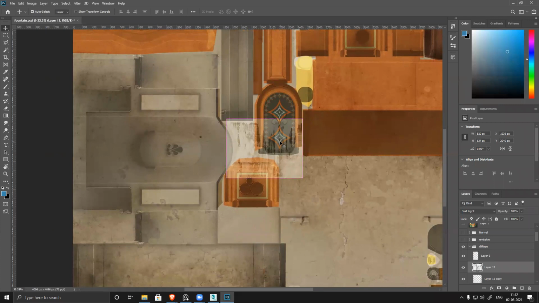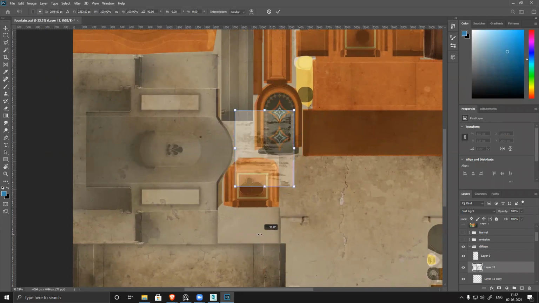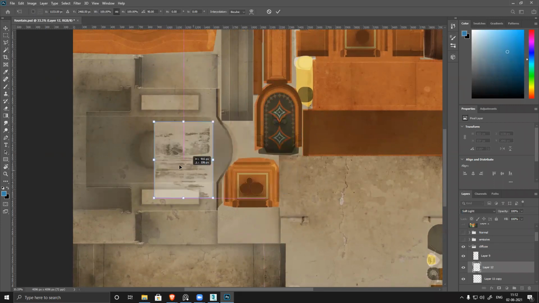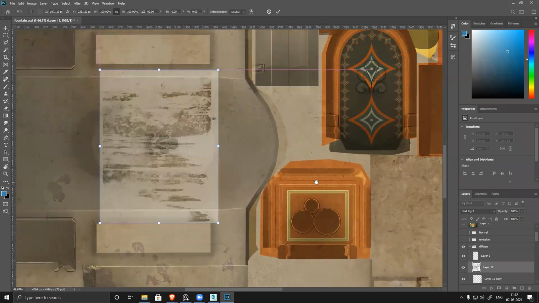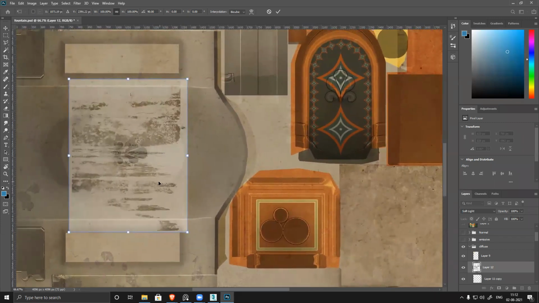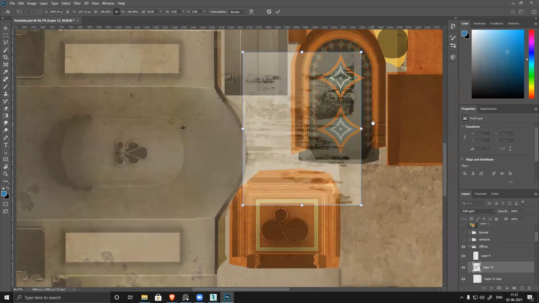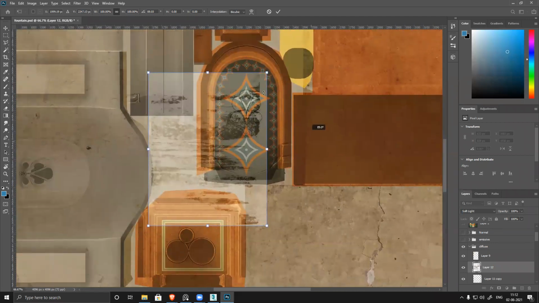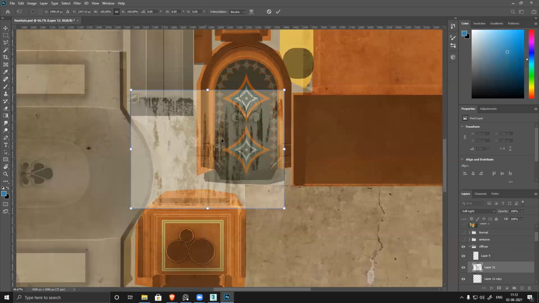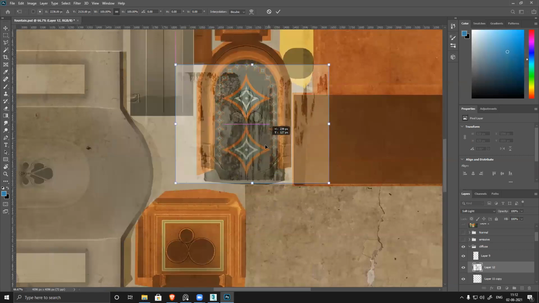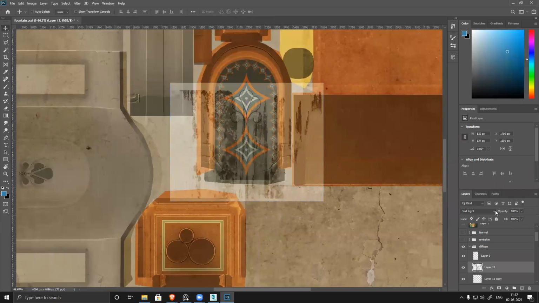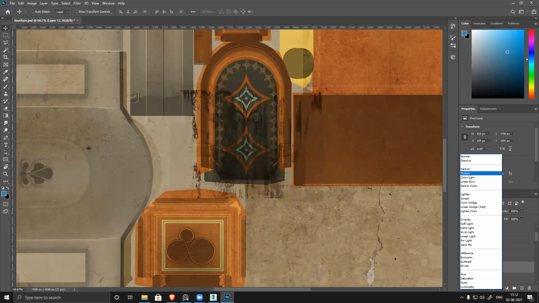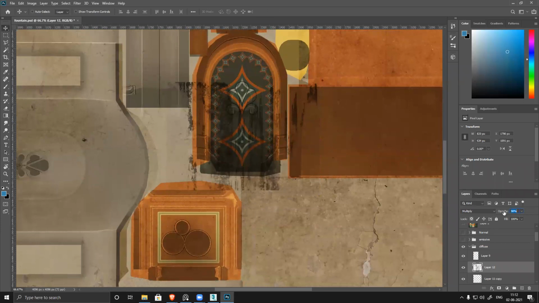This area also has, because it's a water body, so there will be weathering here. Oh, this section is not visible, right? It should be here. Multiply. Yes, multiply works perfectly.